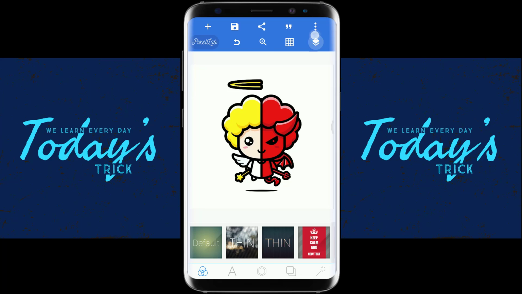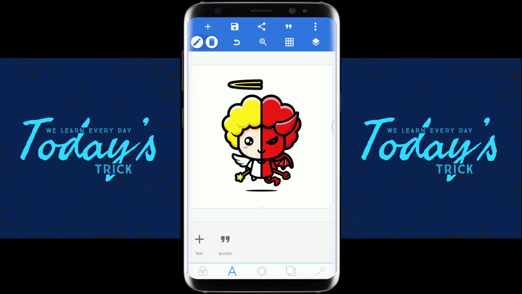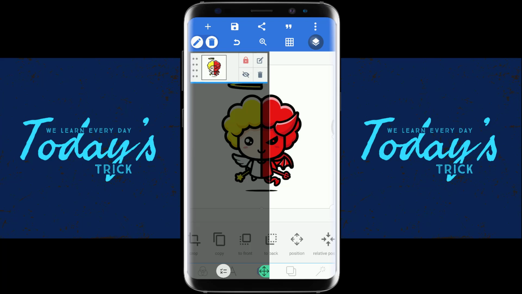Let me show how I will create it. When I select a layer, there will come a blue line below the selected folder. If there isn't a blue line, it's not selected. You can see a blue line, now it's gone. Here is a blue line, which means it's selected. Whatever changes you make when it's selected will be applicable to this picture. For example, reselect, crop, copy, and the other things. To front and to back is for when you have multiple layers.